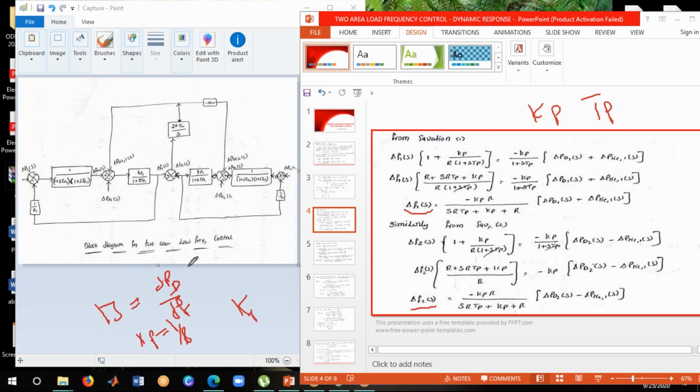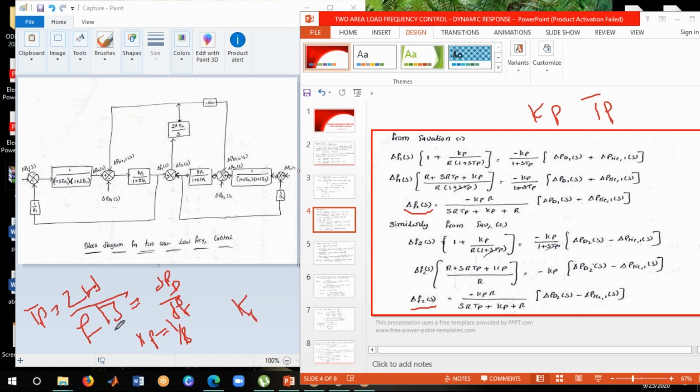So small frequency changes depend on the load variation. That is, for a given load change, the frequency changes by plus or minus 5 or more or less, based on that load change. That we can obtain from kp, and for tp we will get 2h divided by f into